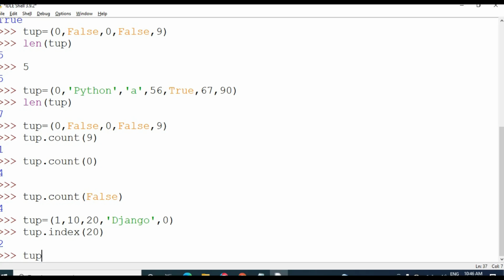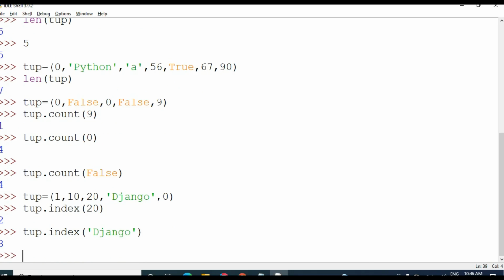Okay, 20 is present at the second index position. Tuple dot index of Django: third index number. At the third index position the Django is present.